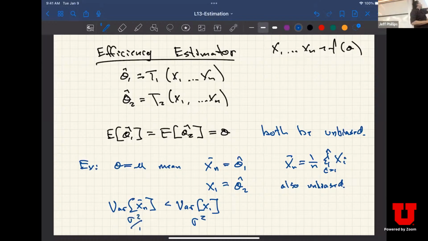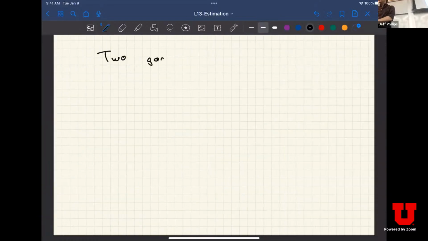I promise I wrote n up there. It's going to come in a second. This one is more efficient, because the variance is less. If I have two things with the same expected value, but one has a lower variance, then that one is a more efficient estimator, and that tells us it's a better estimator. So if I'm creating an estimator, the two standard goals of parameter estimation